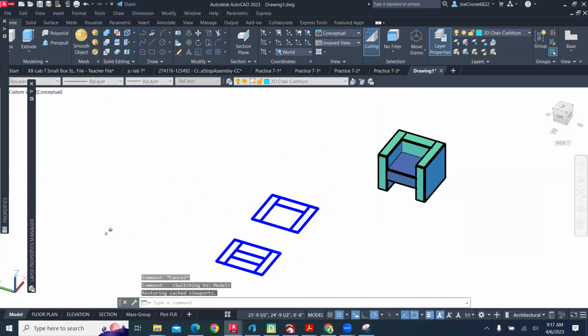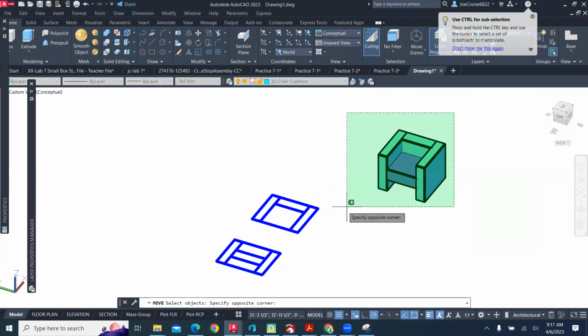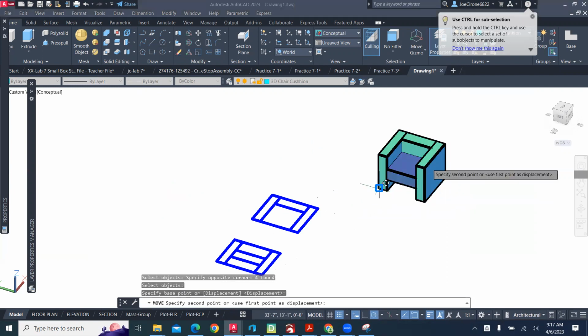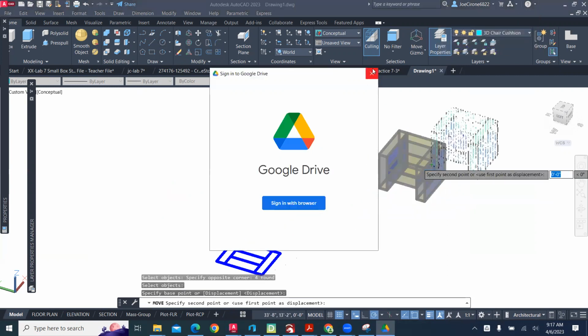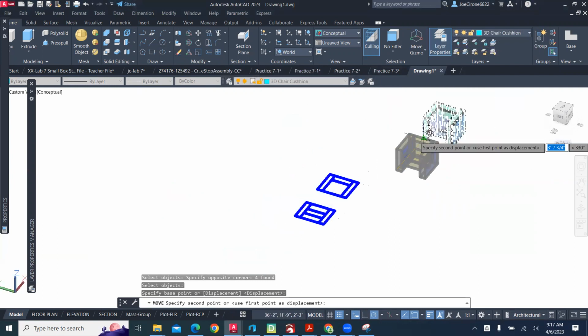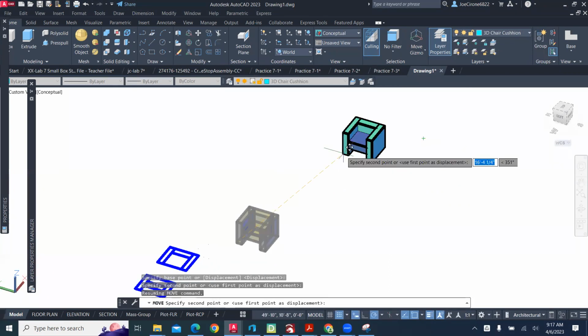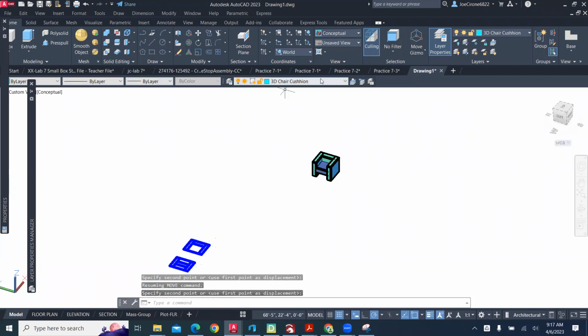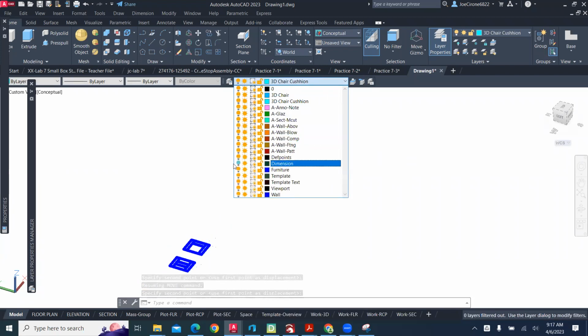So I'm just going to move them. And when I move them apart, all I'm doing is just giving myself some separate room, because if I go back and I turn on the dimension layer,